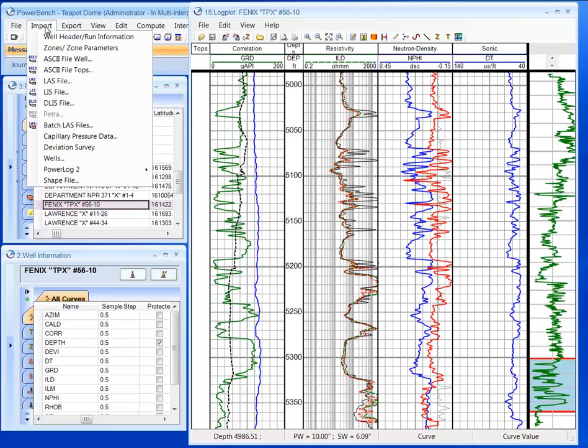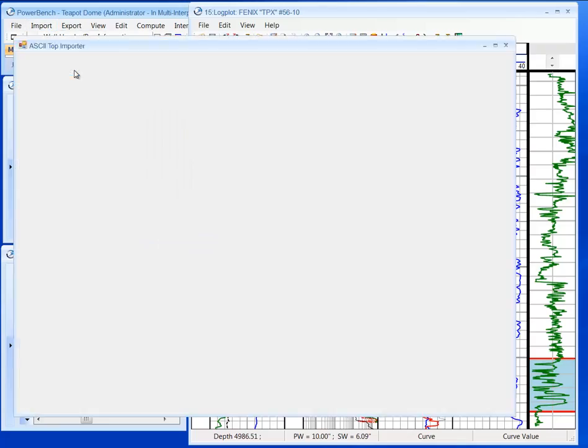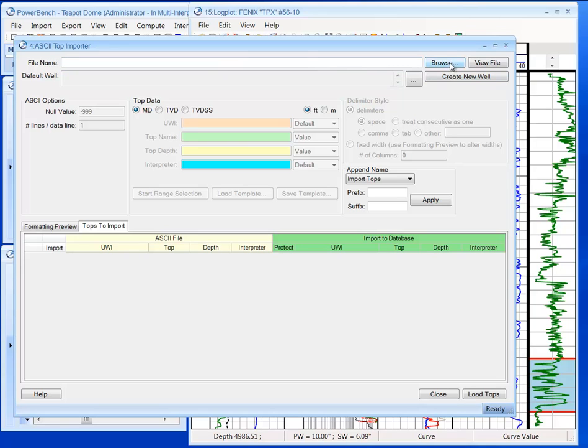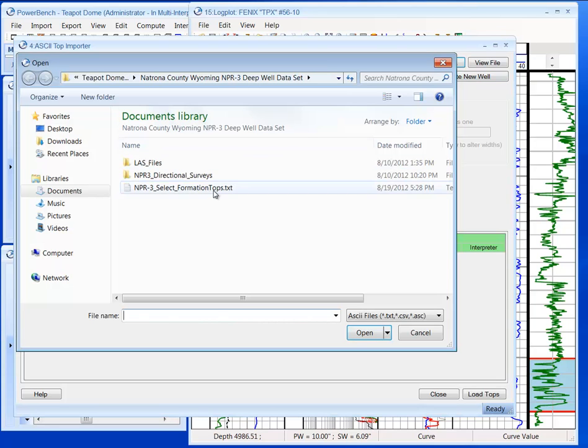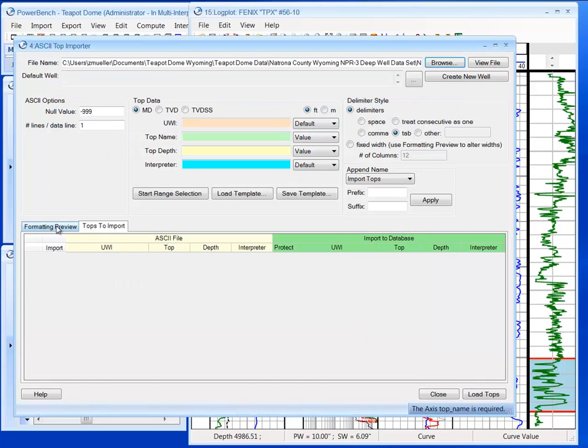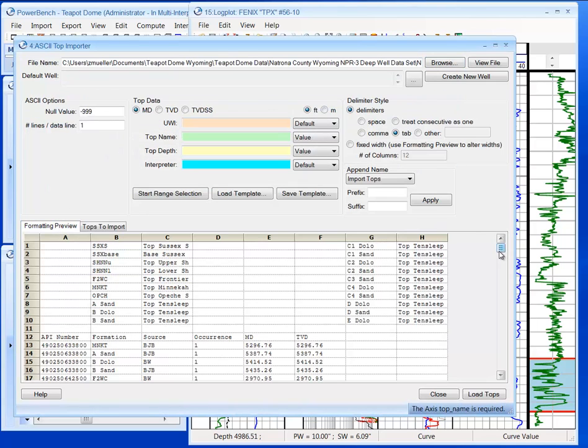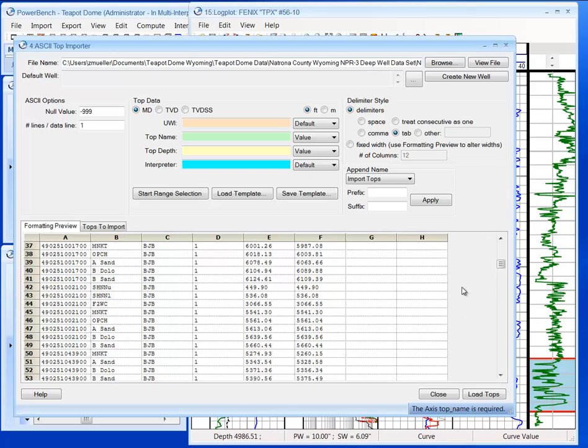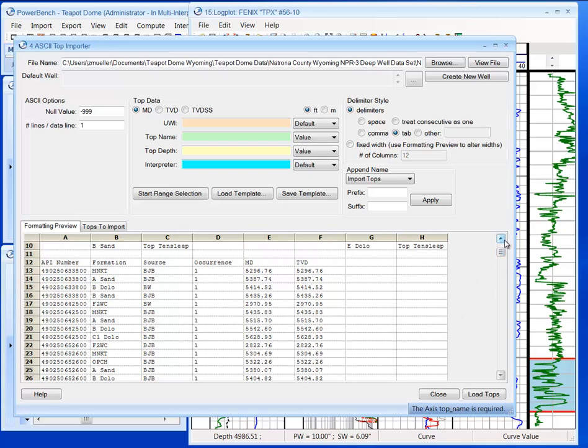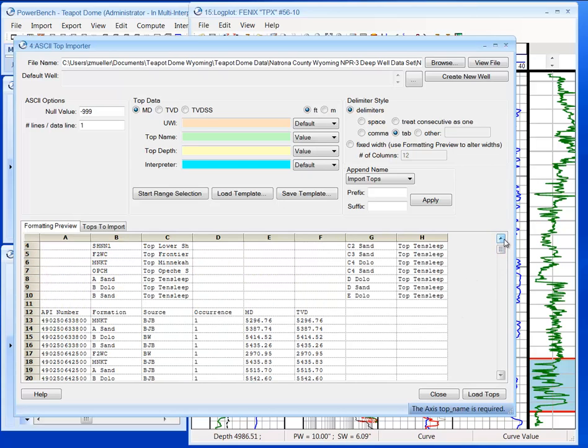I can quickly load tops data from multiple users, or ASCII file tops. So I can browse to where my formation tops exist. I can see here how they're displayed in my sheet. And I can interactively pick